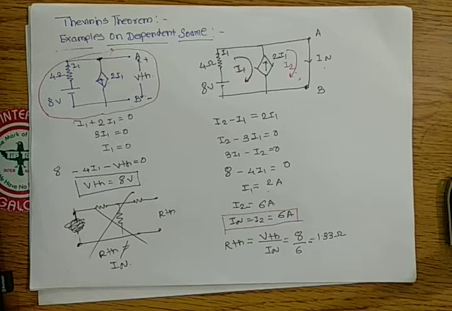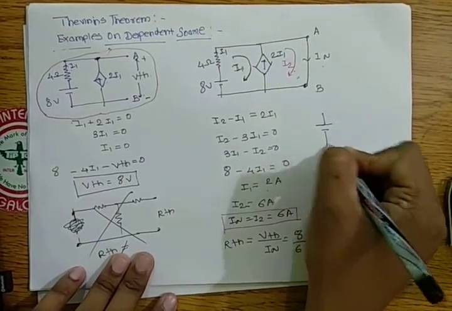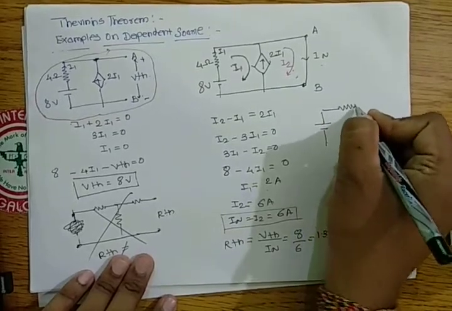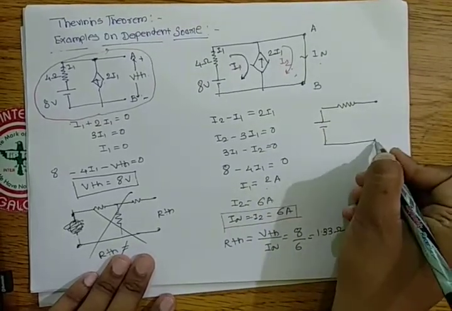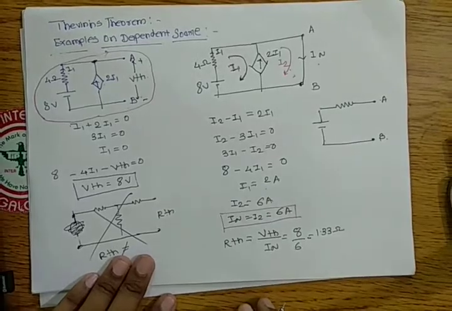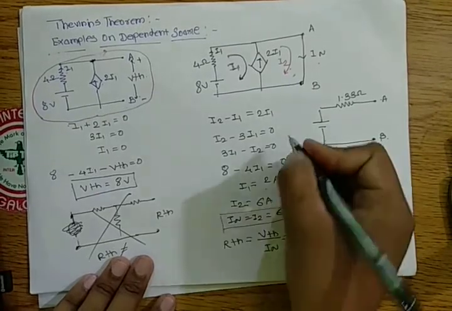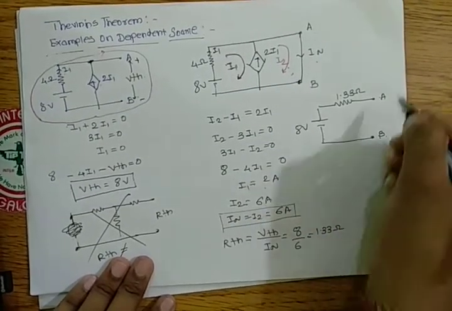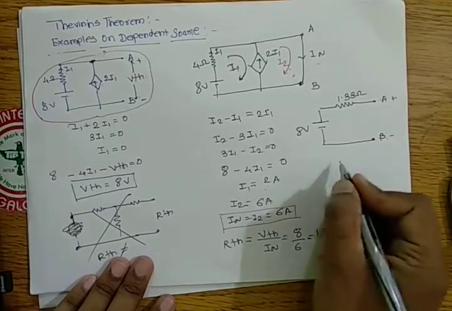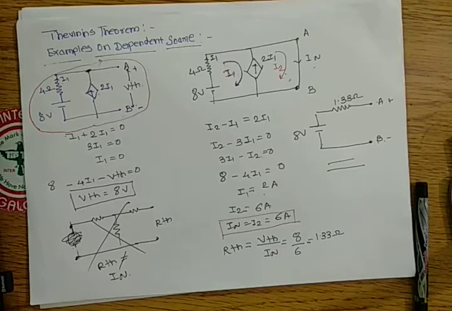So now the final stage is you have to draw the Thevenin circuit. So how to draw it? You have to draw this VTH, then RTH, and there is an open circuit. In the problem they have given the open circuit, that's why you have to put it as it is. What is the RTH value? RTH value is 1.33 ohm and VTH value is 8 volt. That is your final answer. This is plus minus. So that is your final answer. This question can be asked for 10 marks. We have to solve this question for 10 marks.